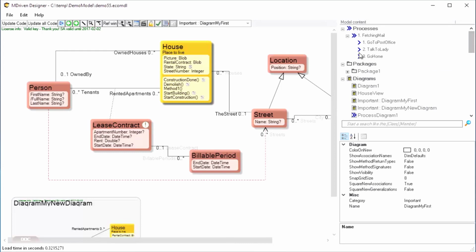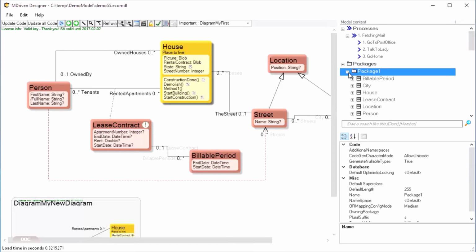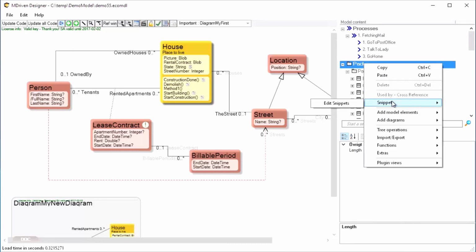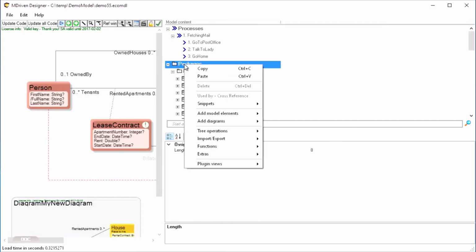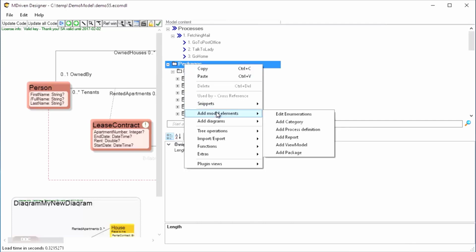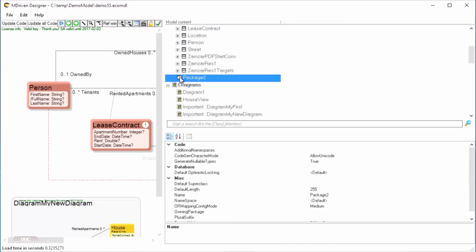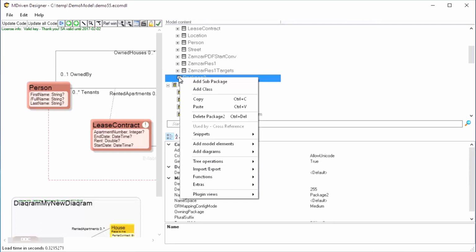This will add a few classes, and I can have them here, but I would rather do a new package. A package is just a way to separate things a bit, like a namespace. Add model elements, add package. So that's package 2, and in package 2 I want to apply my snippet, but okay, I haven't imported the